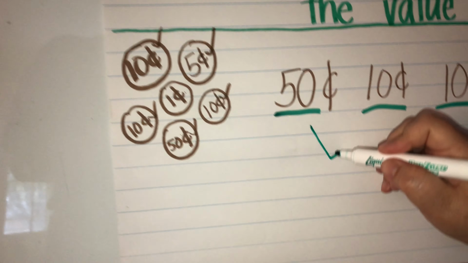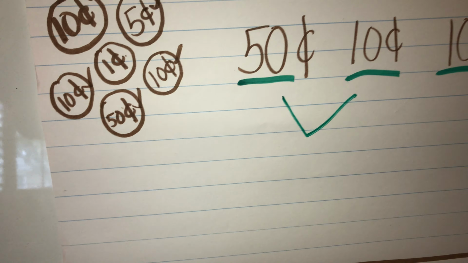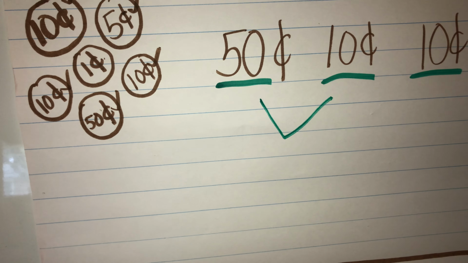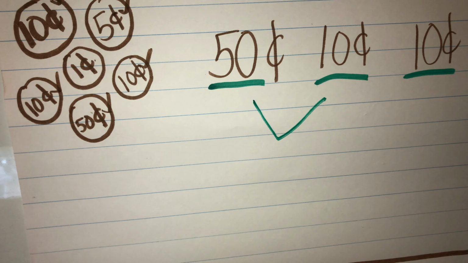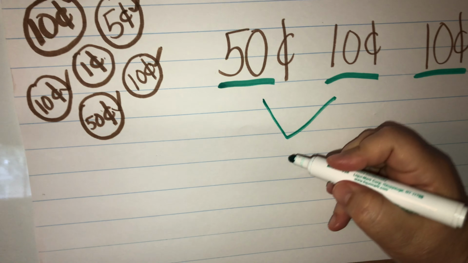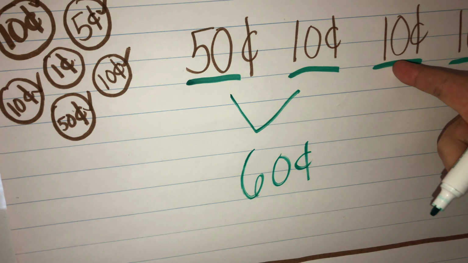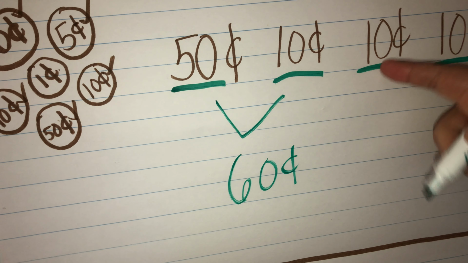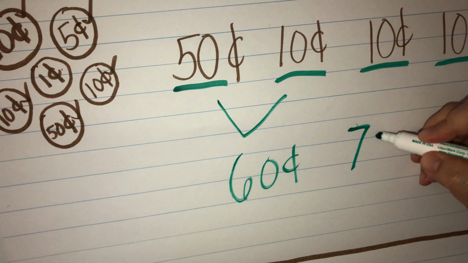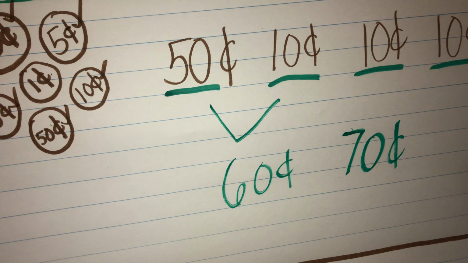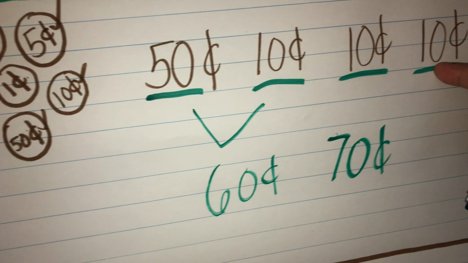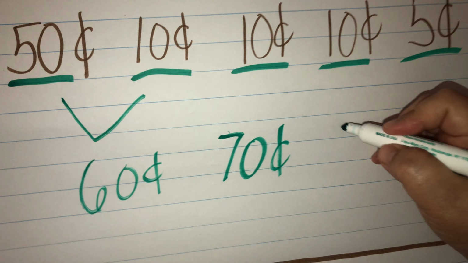So 50 cents plus 10 cents. If we're counting by tens, should be easy for you. 50 plus 10 is 60 cents. And now I'm going to add another dime. So now I have 70 cents. I'm going to add a third dime. So I have